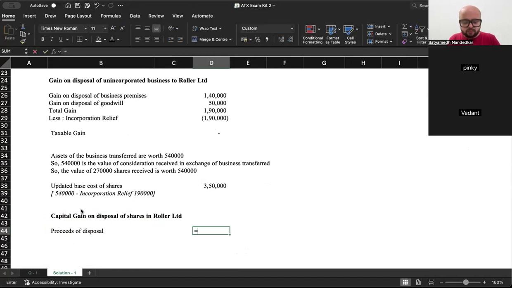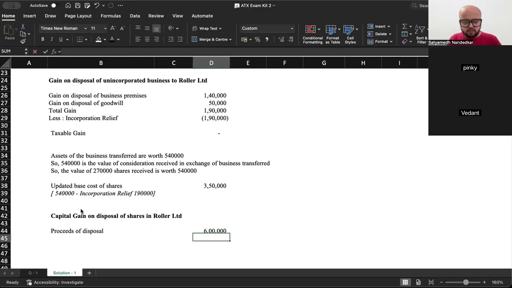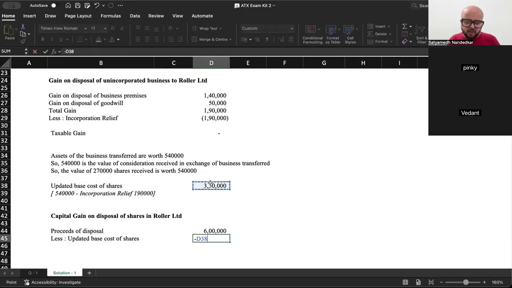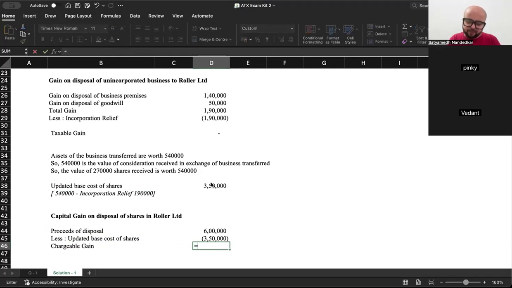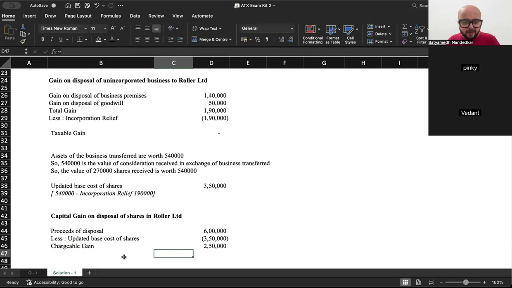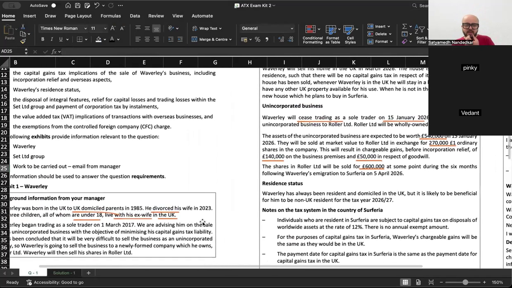Proceeds of disposal 6 lakh, less base cost of shares 3,50,000. Chargeable gain 2,50,000. Okay. Now, if this person is in the UK, let's find out: is he a basic rate taxpayer